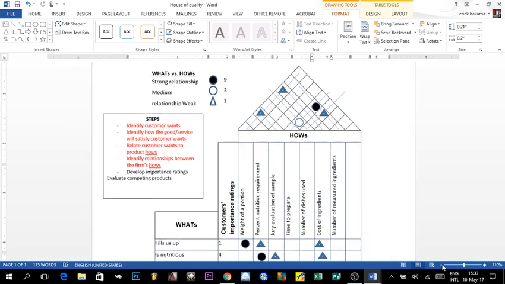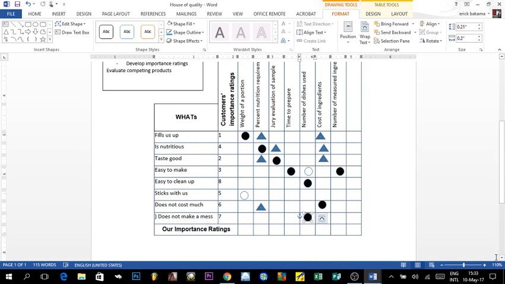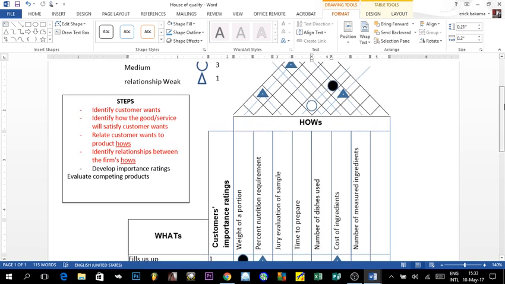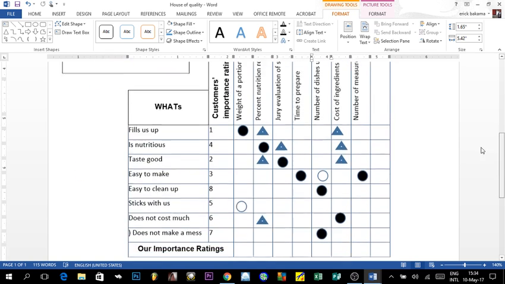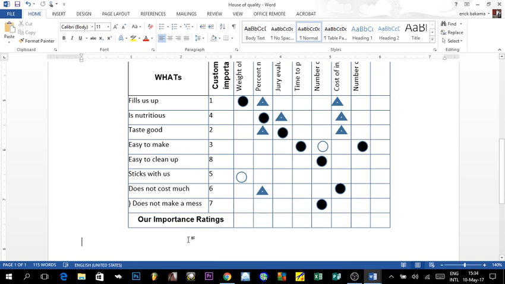Now we need to do the calculation for the final rating to determine which one they need to focus on. We're done with this. Now the calculations are basic. From what we know, the strong relationship has a value of 9, the medium a value of 3, and the weak relationship has a value of 1. So we are going to calculate for every part. Now the first part, the customer ranked it as 1, so it's going to be 1. We multiply it